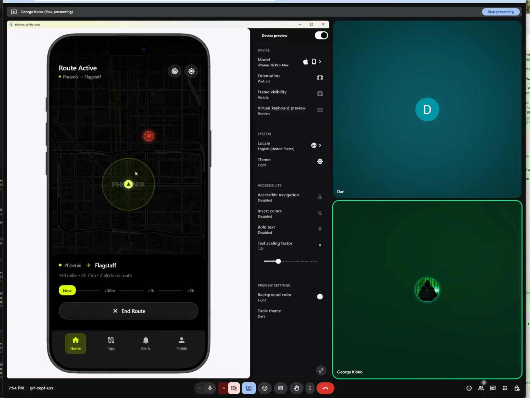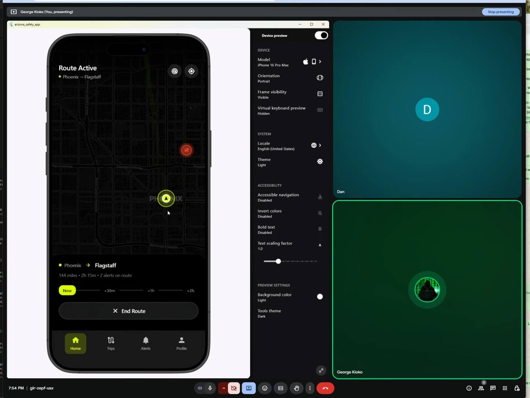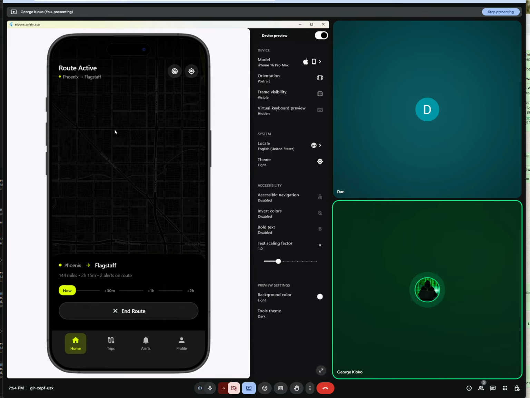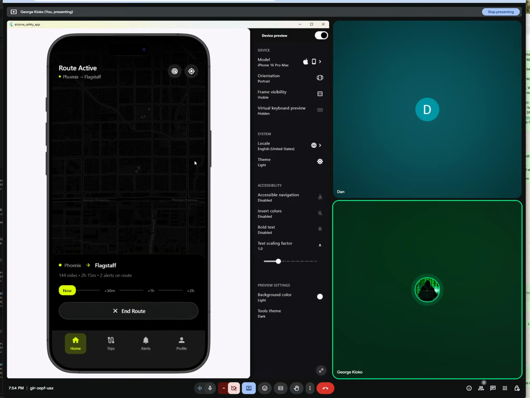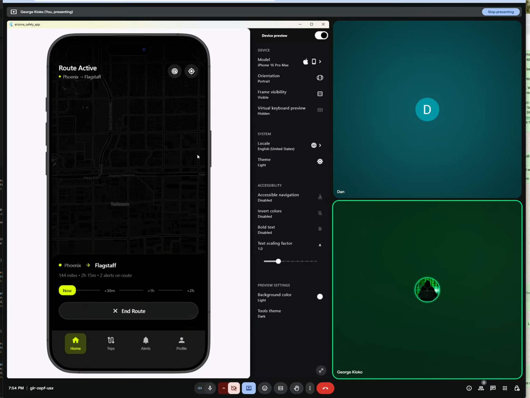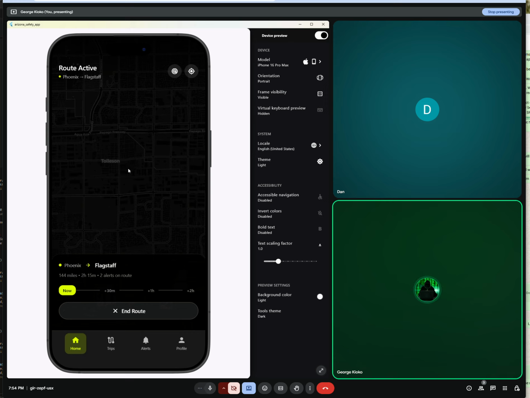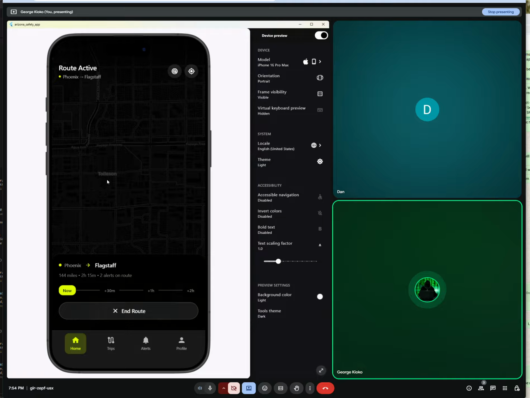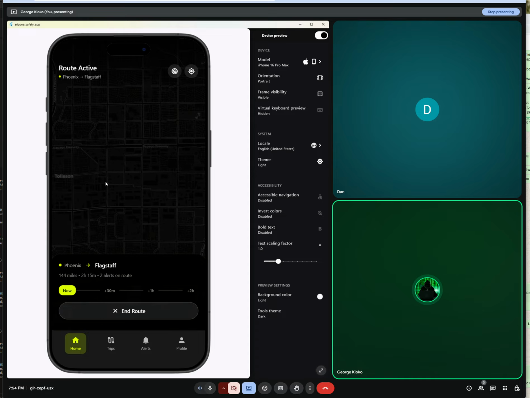So we're not going to include a very long distance that again will be sending irrelevant alerts to the user, because if a user is in Phoenix, we are not supposed to show him alerts that are far away from Phoenix. For example, let me find a city that we cannot show a user who is in Phoenix incidents that are happening here in this city called Tolleson, yet is in Phoenix